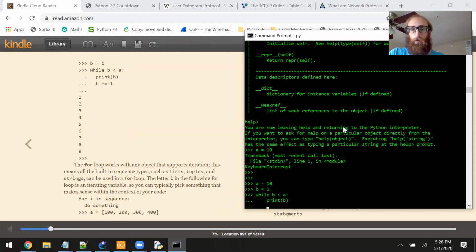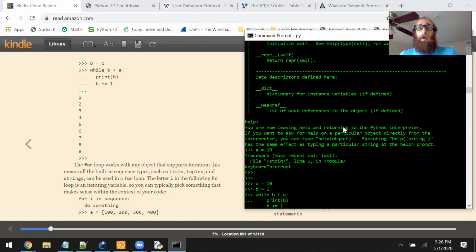If you don't increase B, B is always going to be less than A no matter what you do. If you don't include this line here, B plus equals 1, you won't be incrementing B, and B will never be greater than or equal to A. So this while condition will never evaluate to false. It will always evaluate to true because 1 is always going to be less than 10